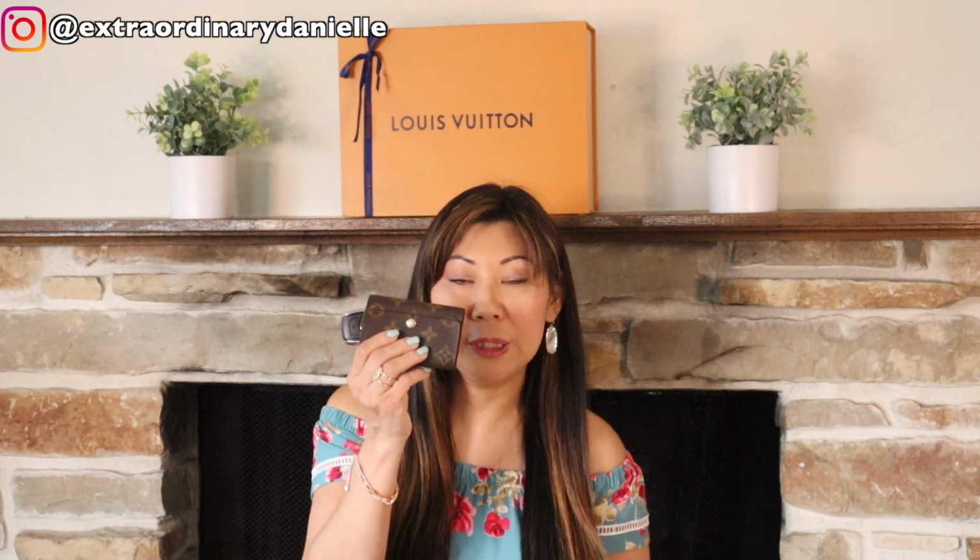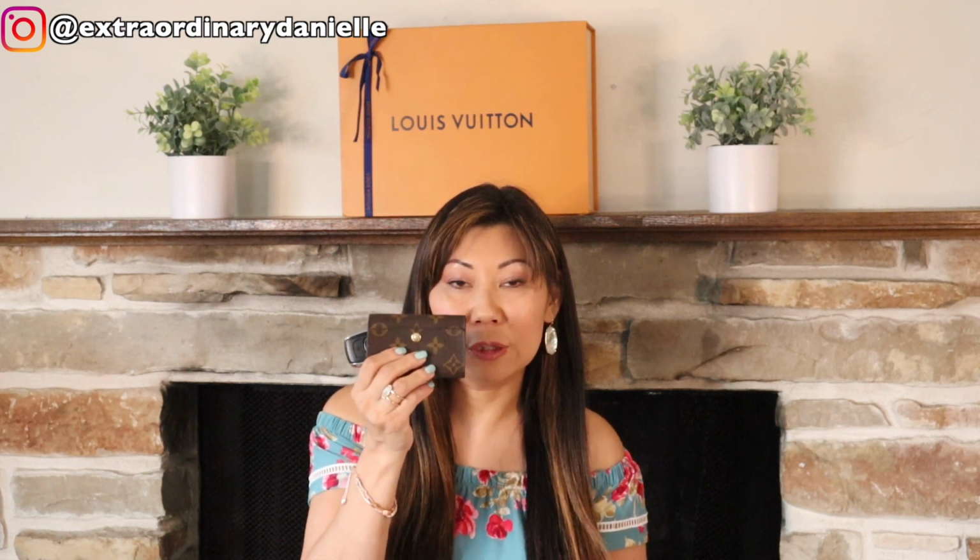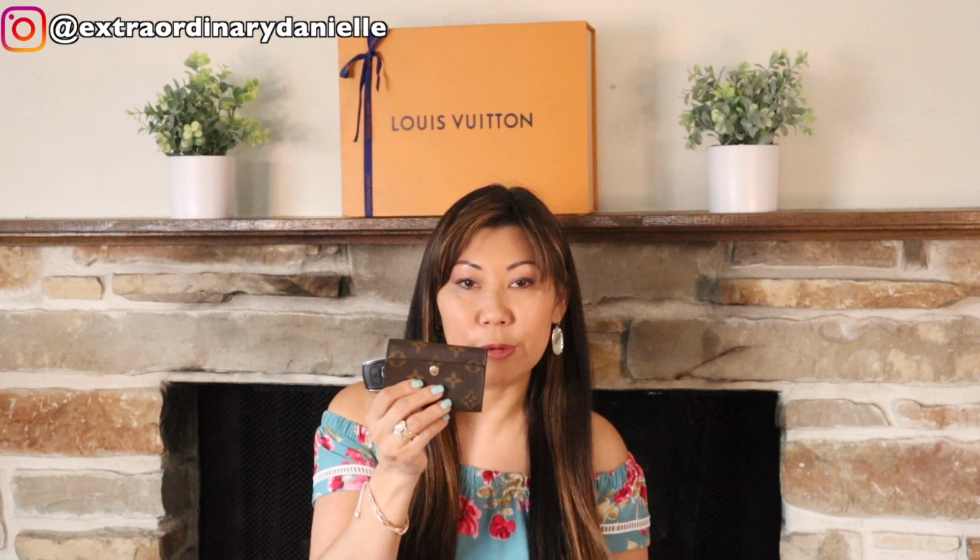This is the only key holder or piece that I have that's like this that I can personally, for myself, guarantee that my keys are held inside something where they will not scratch the inside of my handbag. Now, some handbags that I have, I don't really care about that, but some of the handbags I have that I know have a leather interior or that might have a delicate fabric like suede or something else inside that I don't want getting damaged or scratched, or maybe I have other small leather goods that are a lambskin leather